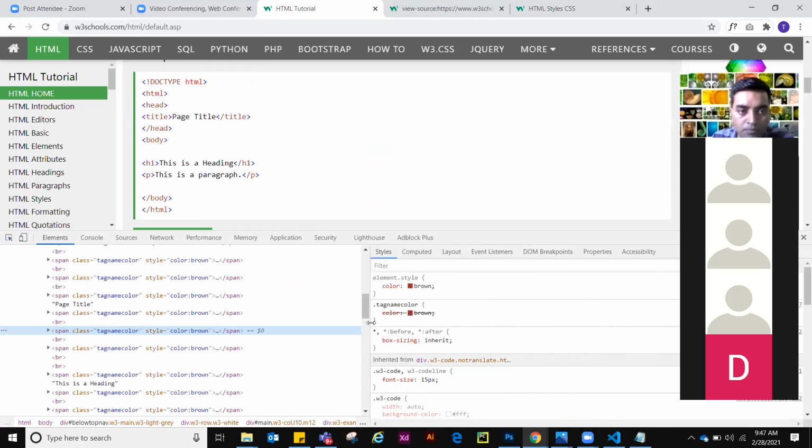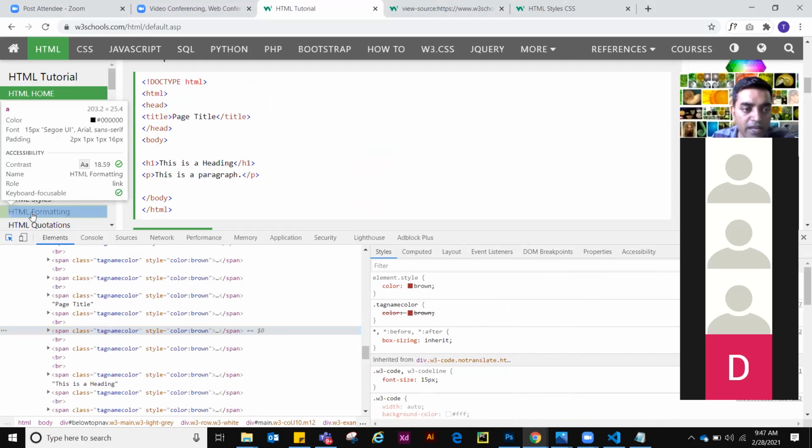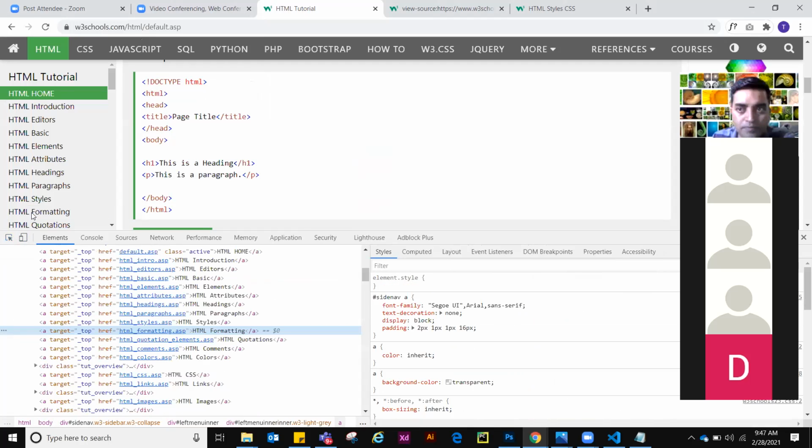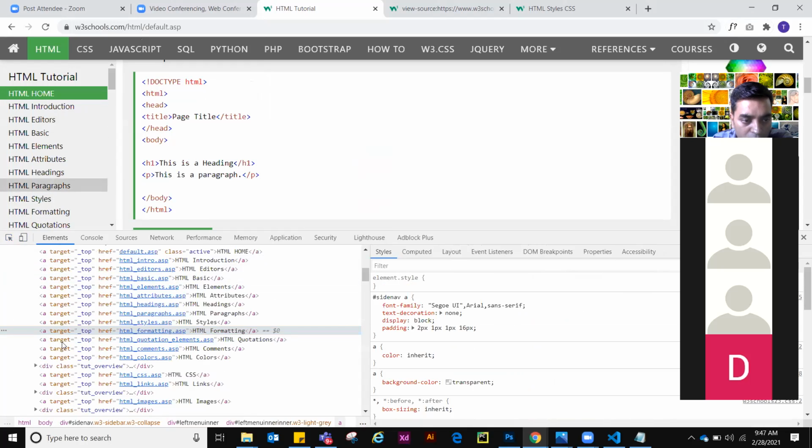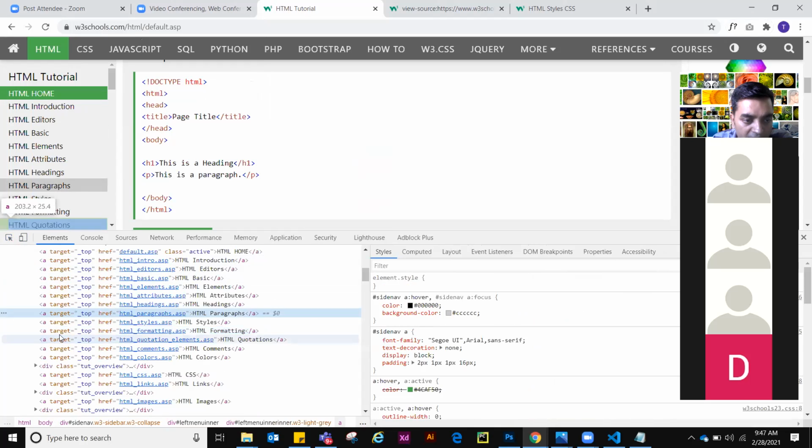You click on this and click on any of the tags, or you can right click and inspect. So see, this is the HTML tag a href. And the relevant CSS is also appearing on the right hand side.